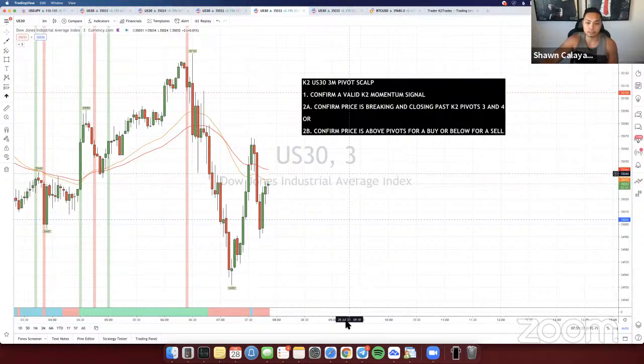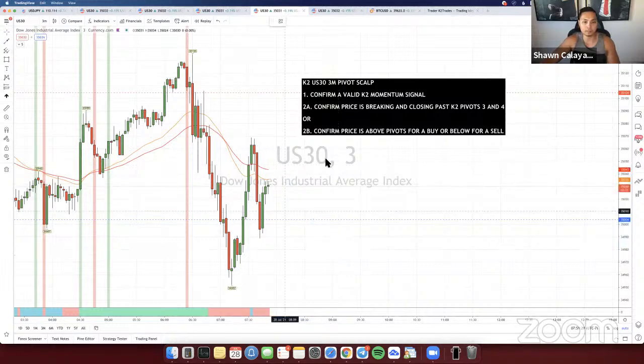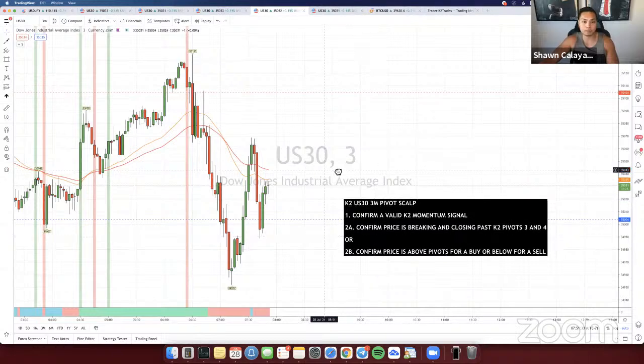stop loss, because you don't want to get caught in a trade where you're entering a buy and then it ends up spiking down and you get stopped out right away, or vice versa, you enter a sell and it spikes up and you get stopped out right away, right? Because that's probably what's going to happen for a lot of these